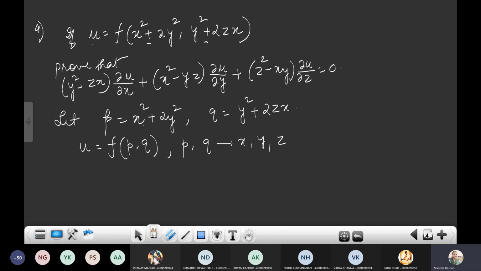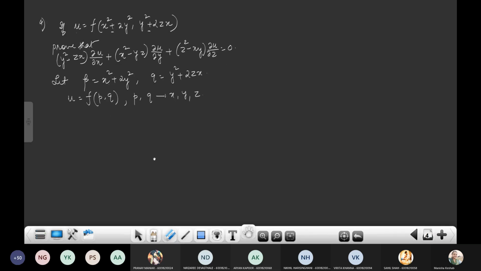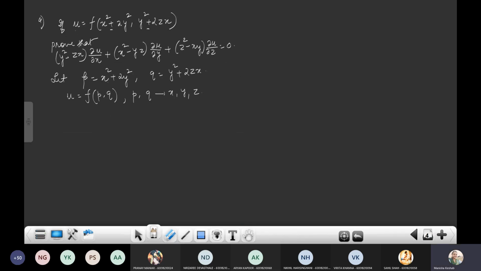So now I can draw tree diagram. Okay? Because I should be able to draw the tree diagram. So now u is a function of p and q, and p and q are functions of x, y, and z. So p, q are functions of x, p and q are functions of y, and p and q are functions of z. That means u is a